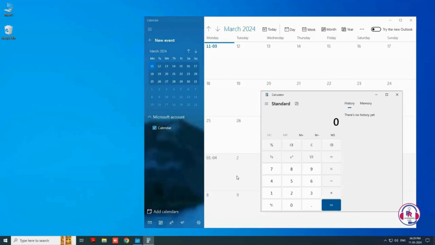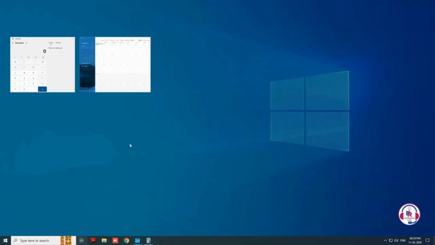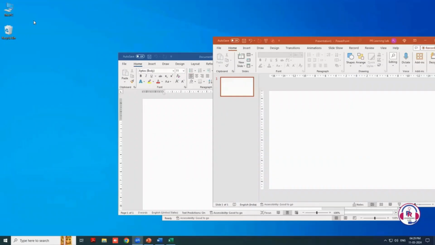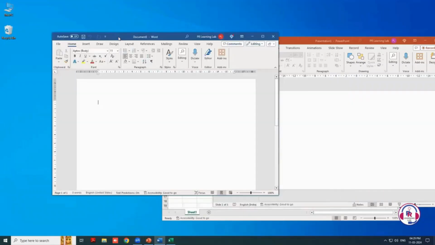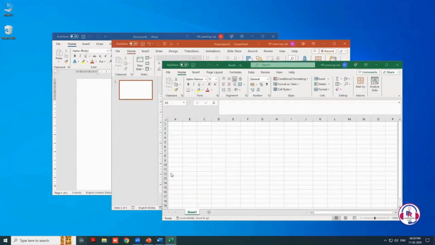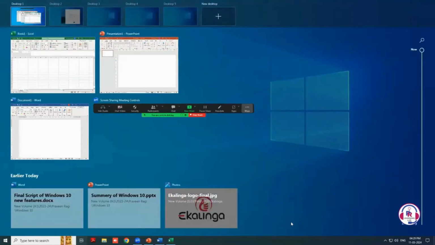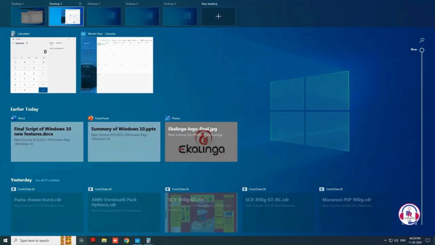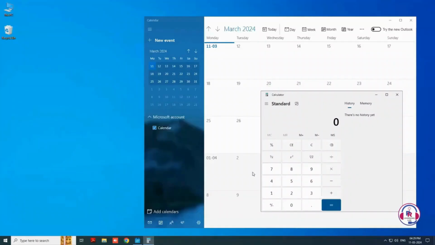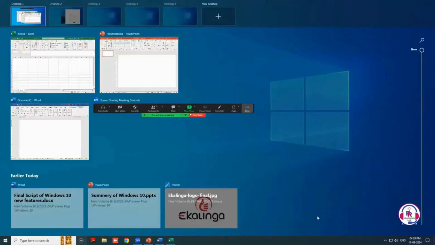on that desktop. With your applications organized across different desktops, you can now work on multiple tasks simultaneously without cluttering your workspace. For instance, you can focus on editing documents in one desktop while keeping your calendar and calculator accessible in another desktop. And one more way to manage multiple applications is by moving specific applications to different virtual desktops to streamline your workflow, clutter-free and organized.